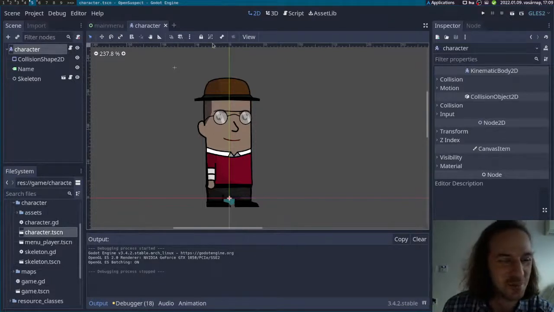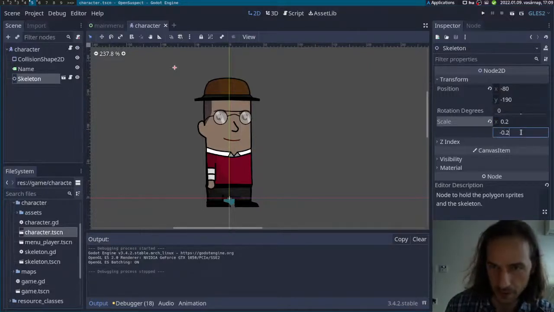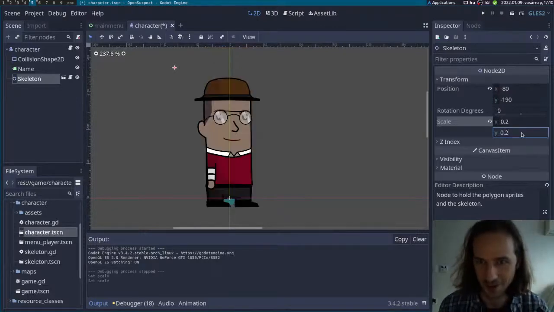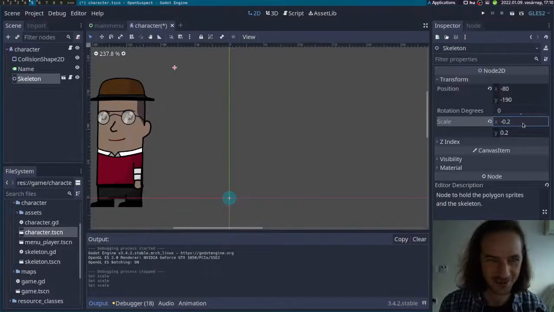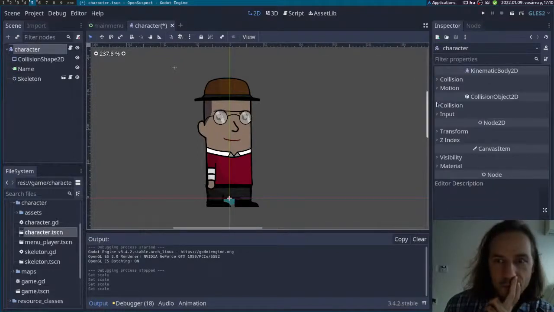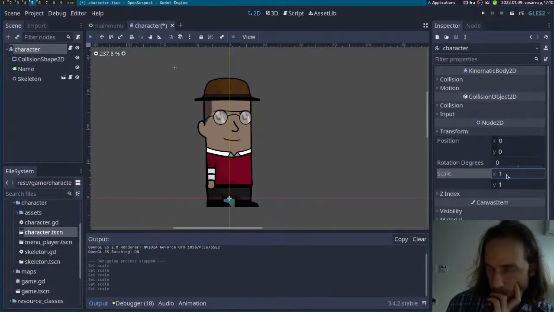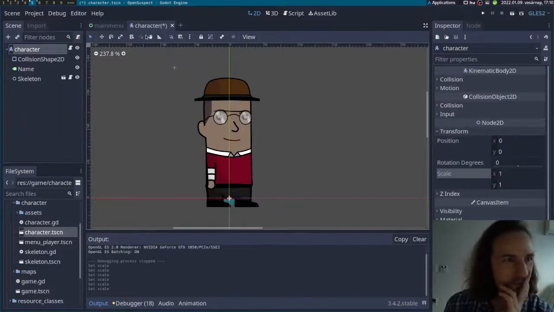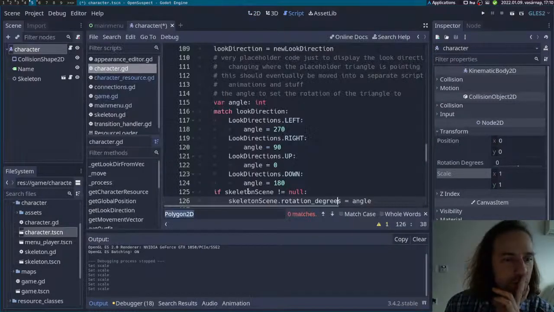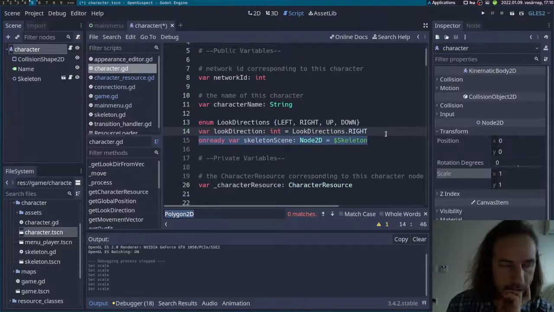So instead of this, what we need to do is, how the hell do I make, like, if I make it minus 0.2, is that a way to, I guess, but not by the other. Yeah, that's... So maybe I need to rotate the character itself, right? So this is -1, yeah. Makes more sense. Makes much more sense. So we don't even need the skeleton scene because we are...